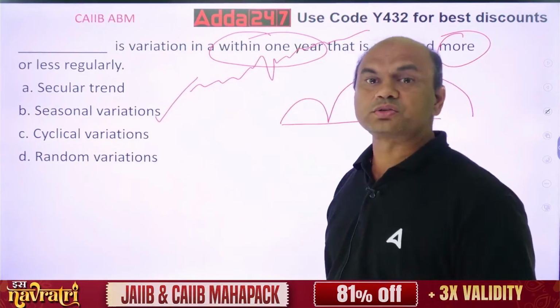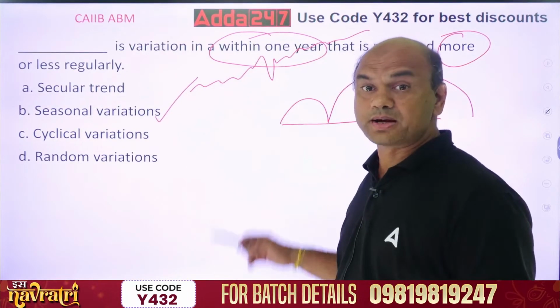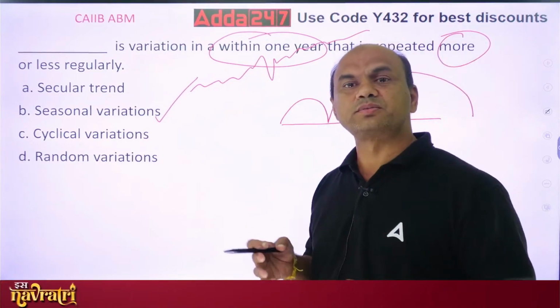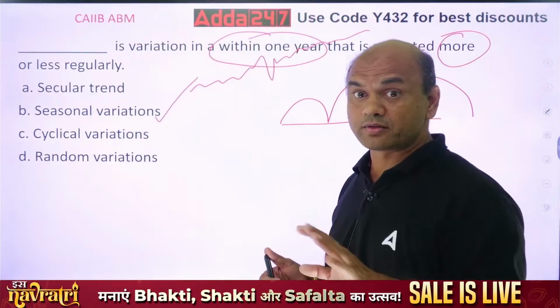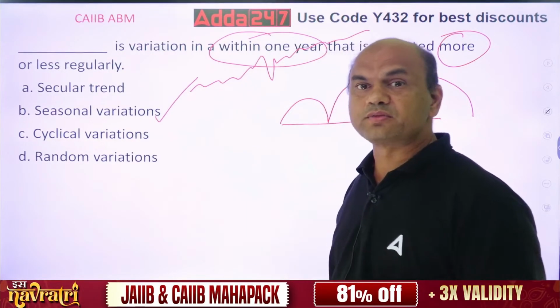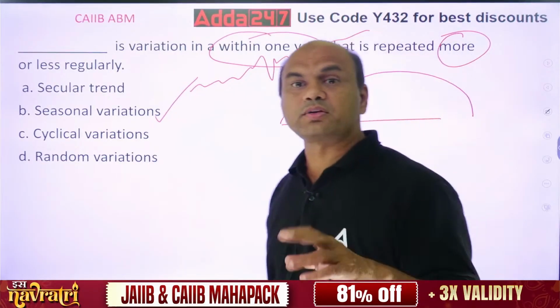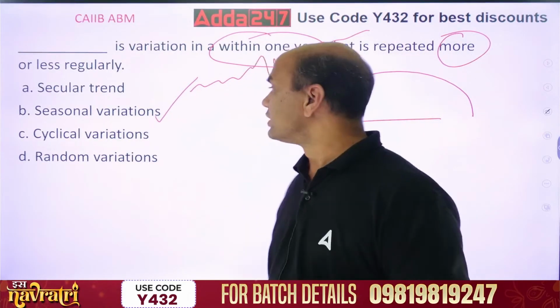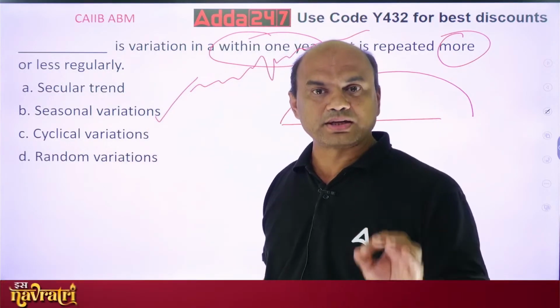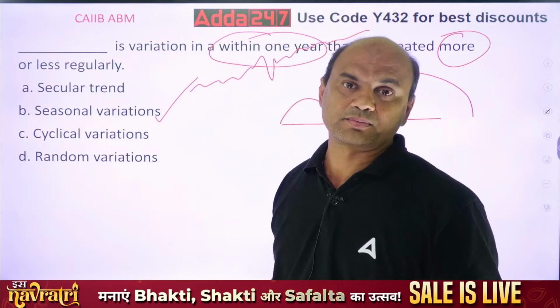They are also known as business cycles. Now you can't predict the time. You can't say when any business will be down. You can never predict. Okay? So that's why for cyclical variation you can't give a time duration. The only difference between seasonal and cyclical is that seasonal has a regular variation which you can predict, but cyclical you